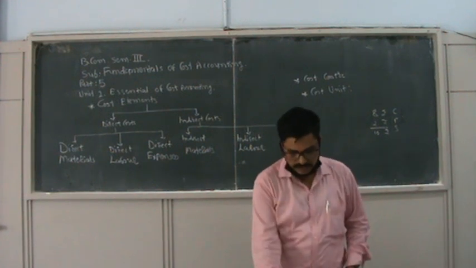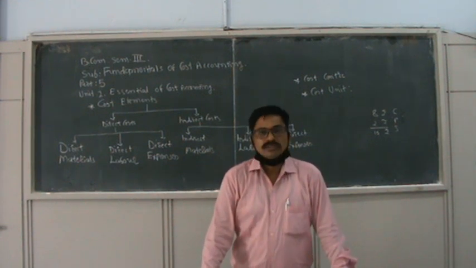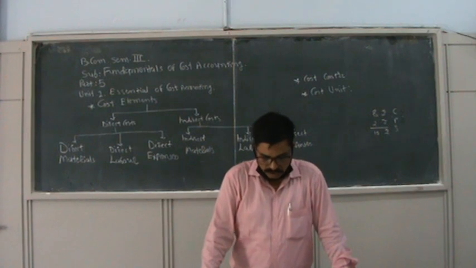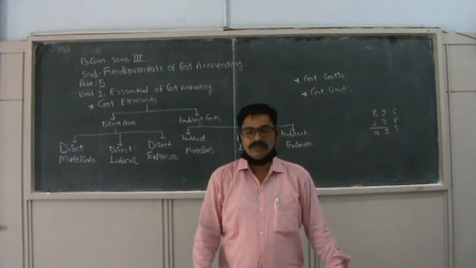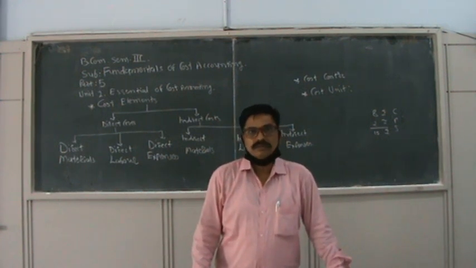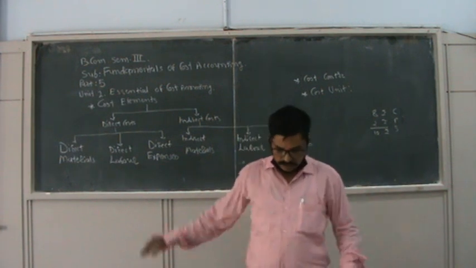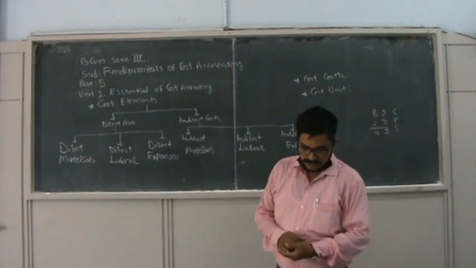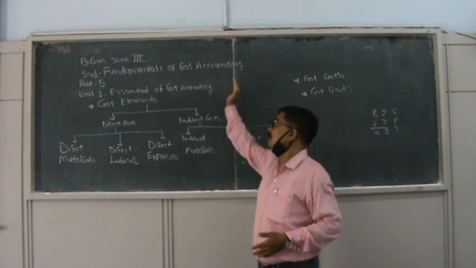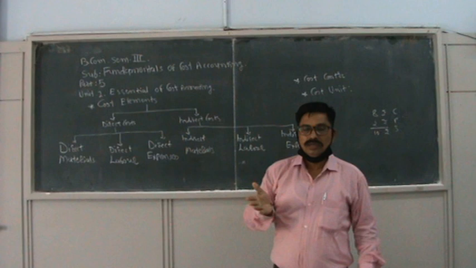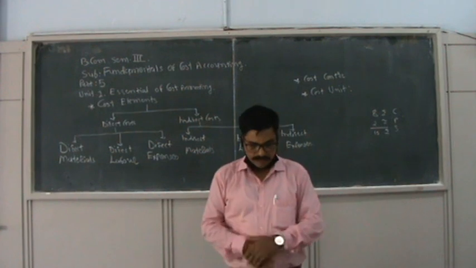So thank you all. We have completed the cost unit theory, which is a fully theoretical portion, 25% weightage of the unit, and we have discussed all the portions fully. You can listen to this video repeatedly and remember all the concepts and content of this first unit, essentials of cost accounting. Then the second, third and fourth units are included in this subject, fundamentals of cost accounting, relating to theory and examples. So we will learn about the theory in the next lecture.